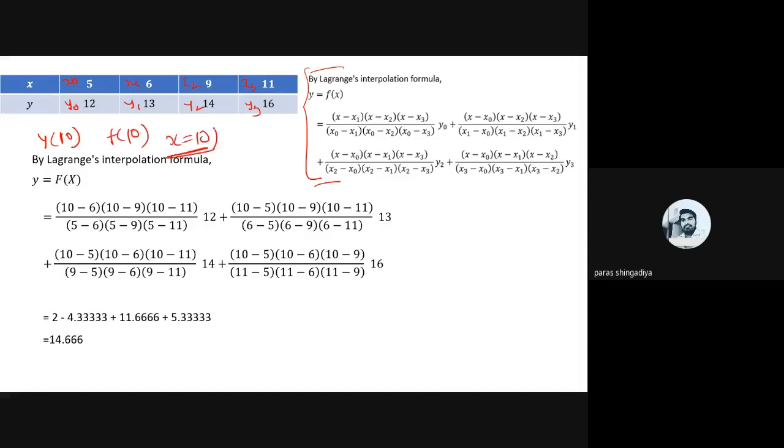So you have to predict the value at 10. So x is equal to 10, so it will be 10 minus 6, 10 minus 9, 10 minus 11, that is x1, x2, x3. So 10 minus 6, 10 minus 9, 10 minus 11. And now in the denominator, we have to replace x with x0. So what is x0? It is 5, so here it will be 5 minus 6, 5 minus 9, 5 minus 11,